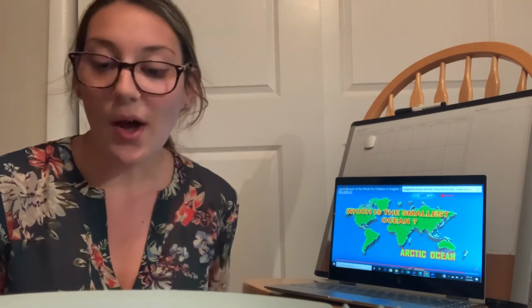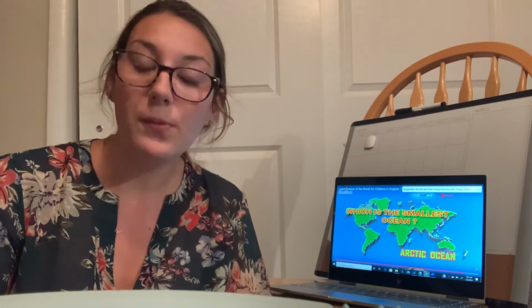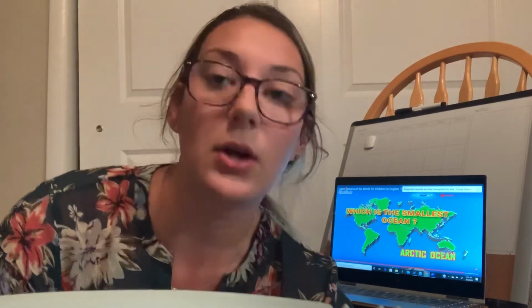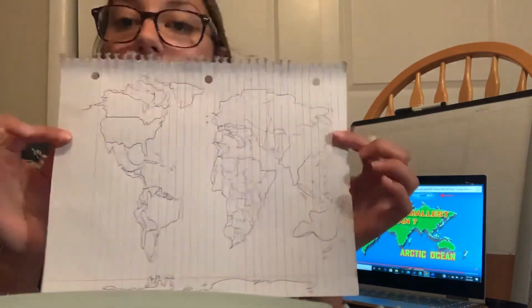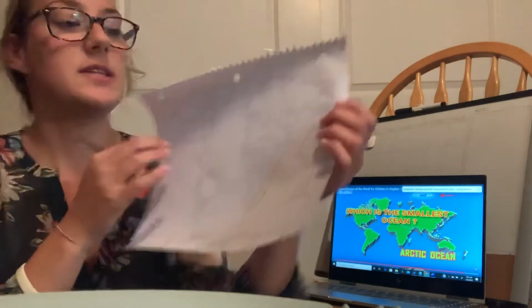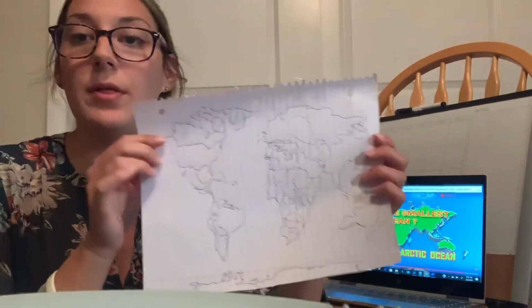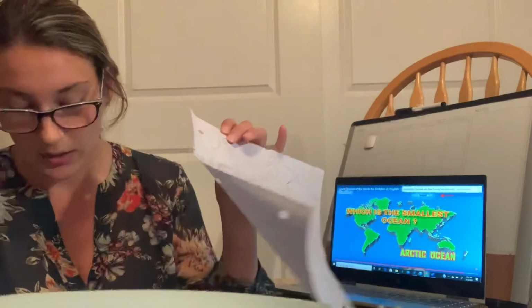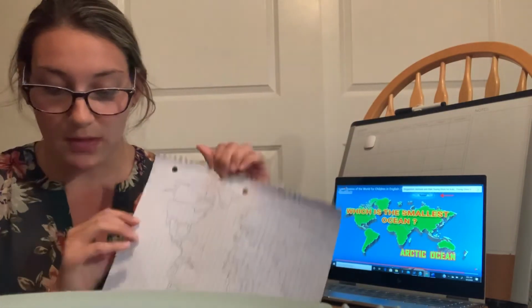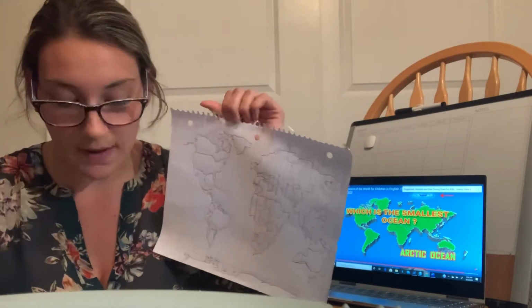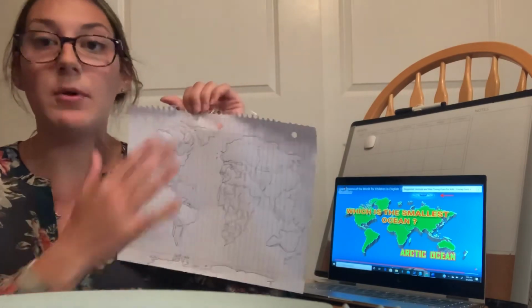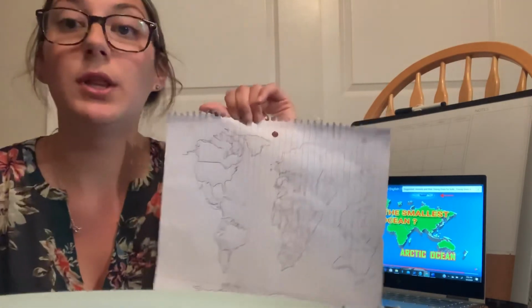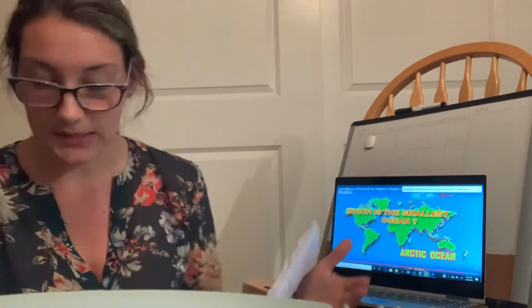Okay, now that we know that there are 5 oceans in the world, we're going to independently label the 5 oceans on a blank political map. This is the blank political map that you will be receiving. You must label the 5 different oceans on this political map. Please write the name of the ocean and the correct location of the map. After you've labeled all of your oceans, you will list the oceans from largest to smallest.